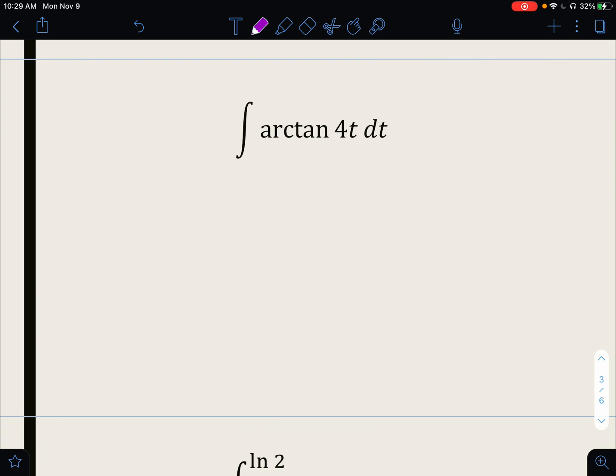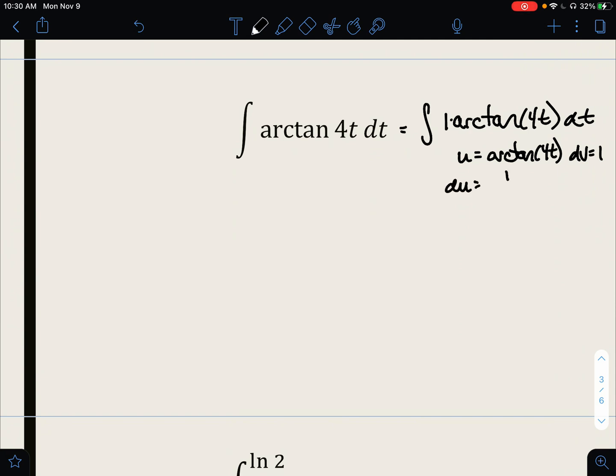Integral of arctan of 4t dt. So we did one similar to this on the first day of integration by parts with just arctan of x. And it's not immediately evident that this needs to be integration by parts because there's only one function that we can see, but this is one of those where we have to rewrite it as 1 times the arctan of 4t. So a little bit of calculus trickery there. So I'm going to let my u be equal to arctan of 4t, my dv be equal to 1,